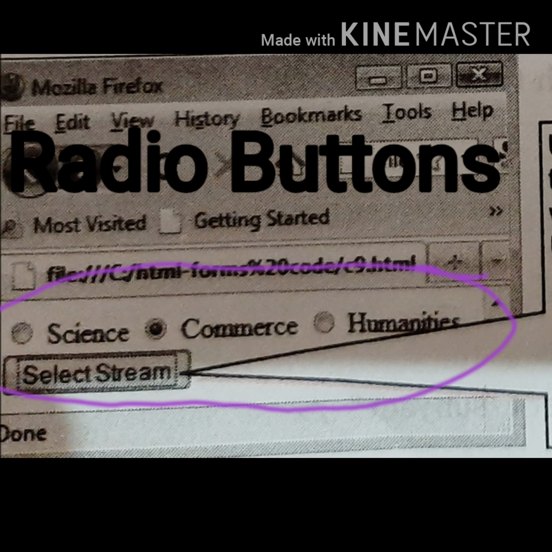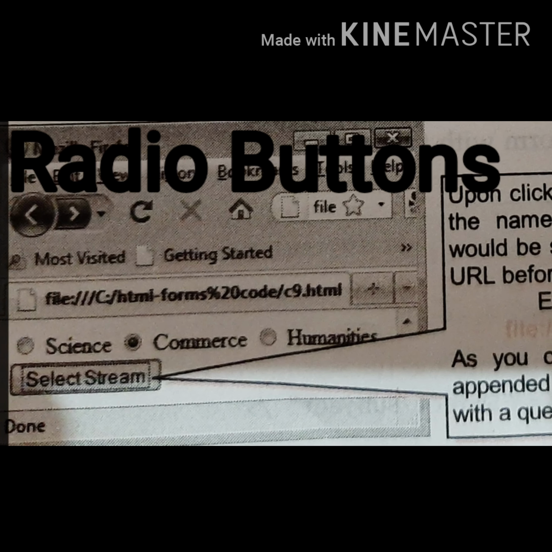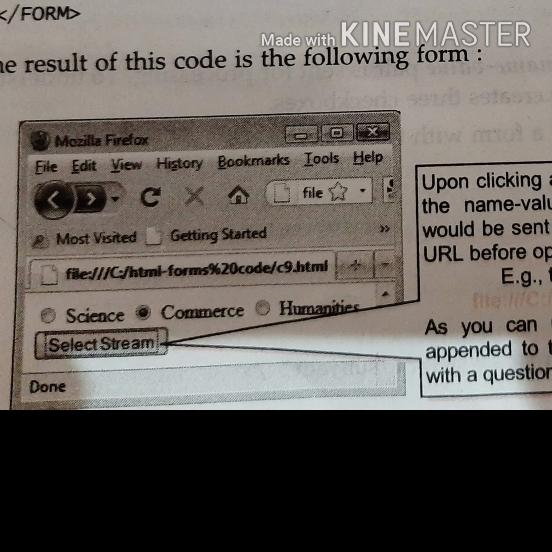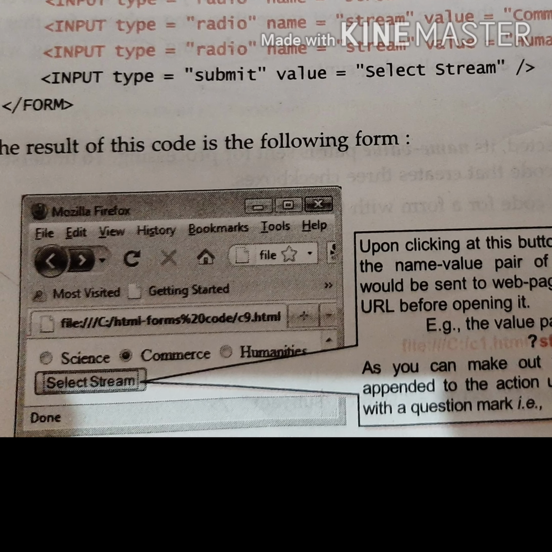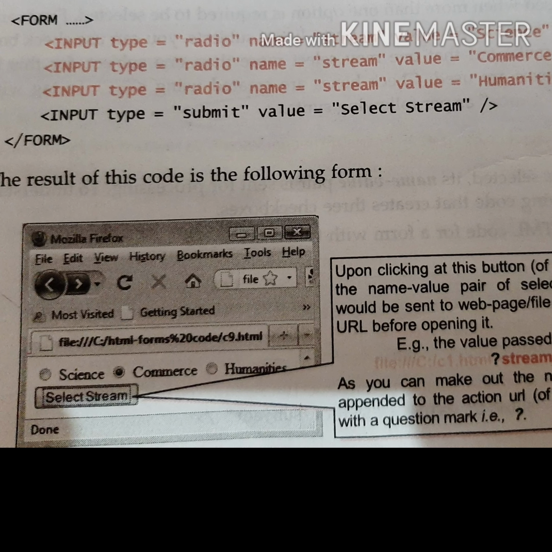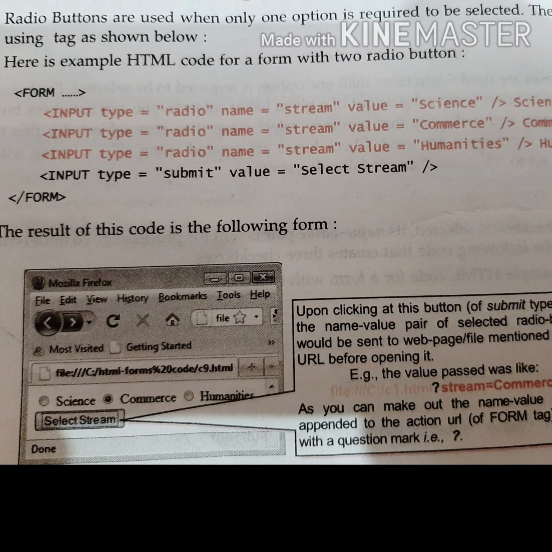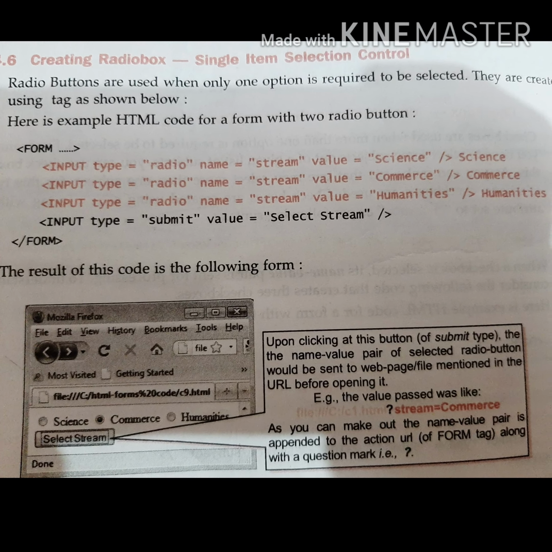Creating radio buttons. Radio buttons are used when only one option is required to be selected. In checkboxes, we can select more than one box, but in radio button, we can select only one option. Here also, checked attribute is used inside input if we want the radio button to be automatically selected by default when